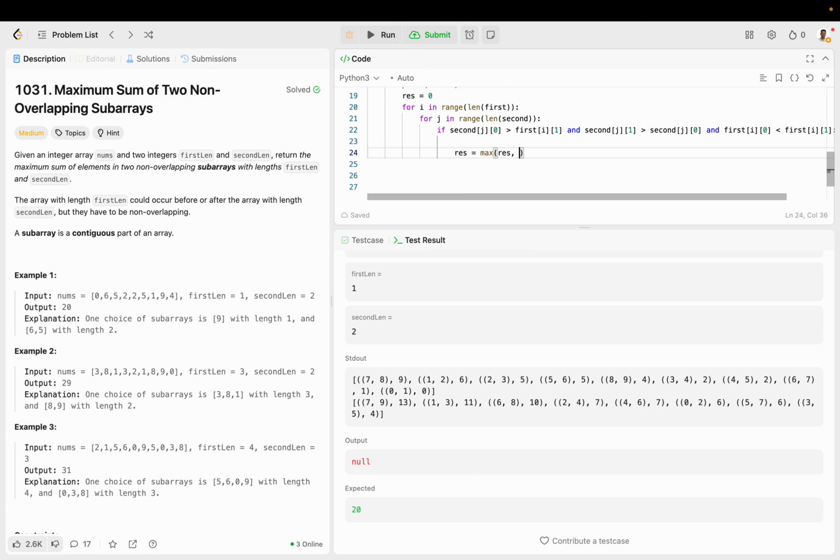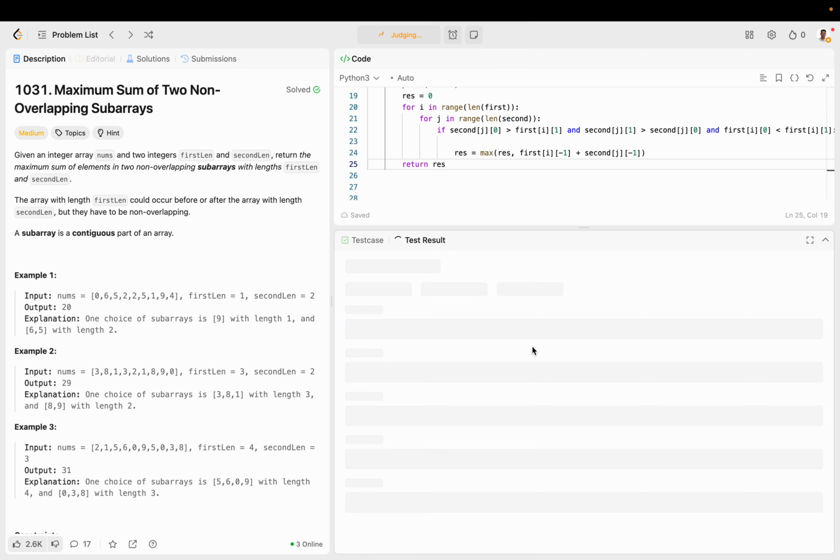Result is max of result of this plus this, 9 plus 13, which is just going to be first of i negative 1 plus second of j of negative 1. Return result. I don't think it's correct because,